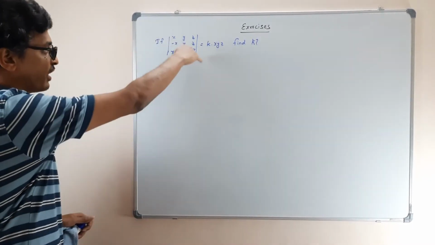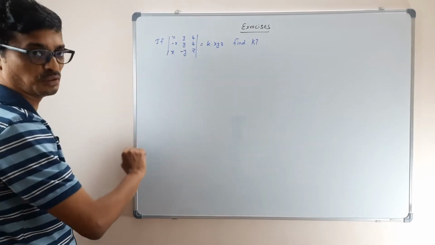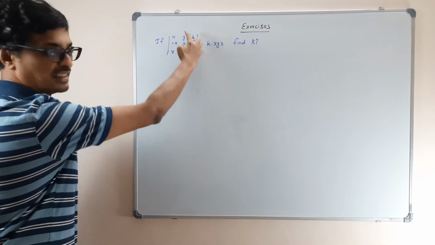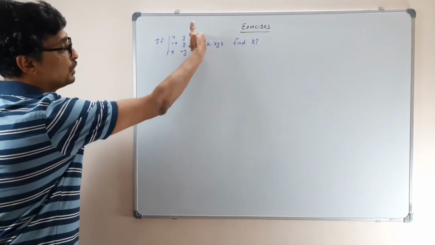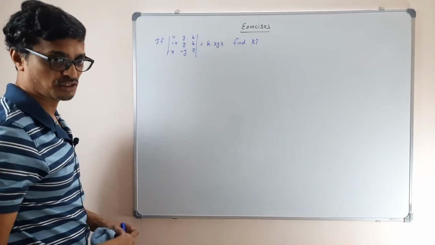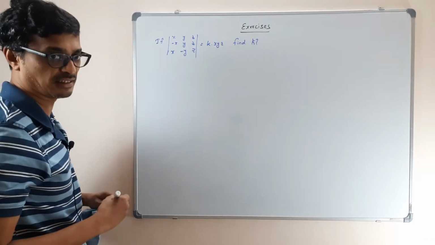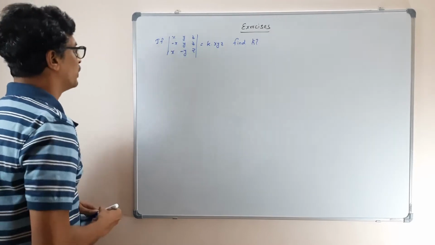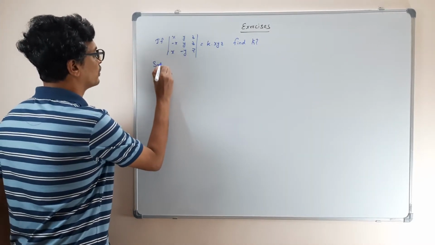So to get a triangular matrix, I have to make one portion 0. This portion I can't make 0 because there is no minus z, they all are plus z. You can make it, then you have to subtract them. That also you can do. So this is easier for me to get by addition. That way also you can do. I will show you both the ways. Okay, so solution.